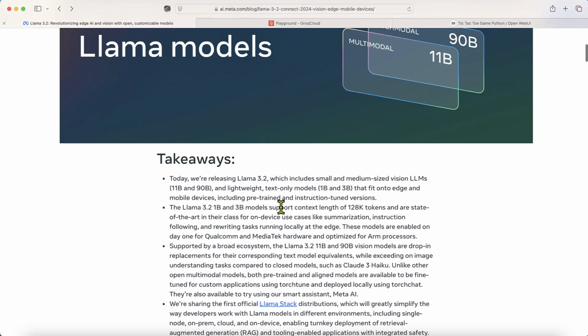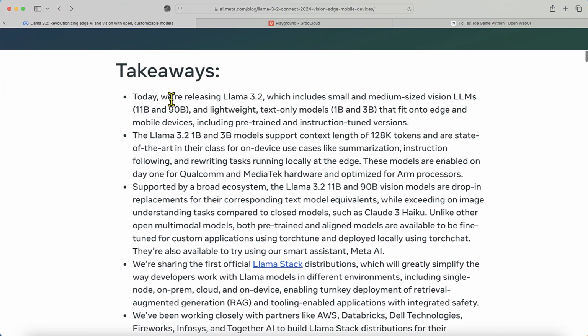So if you go into detail over here, in the takeaways, they are saying that we are releasing Llama 3.2, which includes small and medium sized vision LLMs, 11B and 90B, and the lightweight text-only models, which are 1 billion and 3 billion, that fit onto edge and mobile devices, right? It includes the pre-trained and instruction-tuned versions, right? The best thing is they support a context length of 128K tokens, right? So for these on-device use cases like summarization, instruction following, and rewriting tasks that run locally at